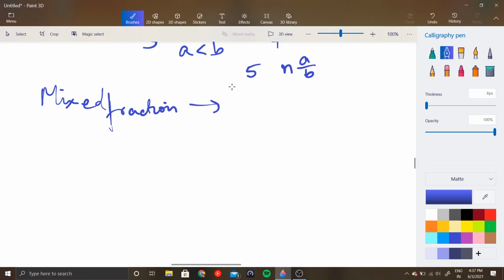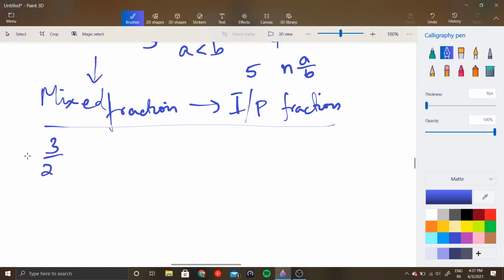into an improper or proper fraction, right? The reason why we convert an improper fraction into a mixed fraction is that an improper fraction does not justify being a fraction. So we convert it into a mixed fraction such that you have an entire part, and then a fraction which is a proper fraction, correct? Now let's look into converting some of these into a fraction.